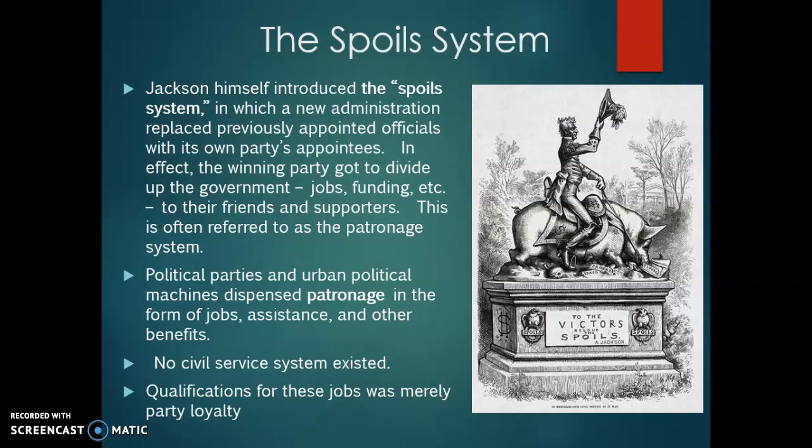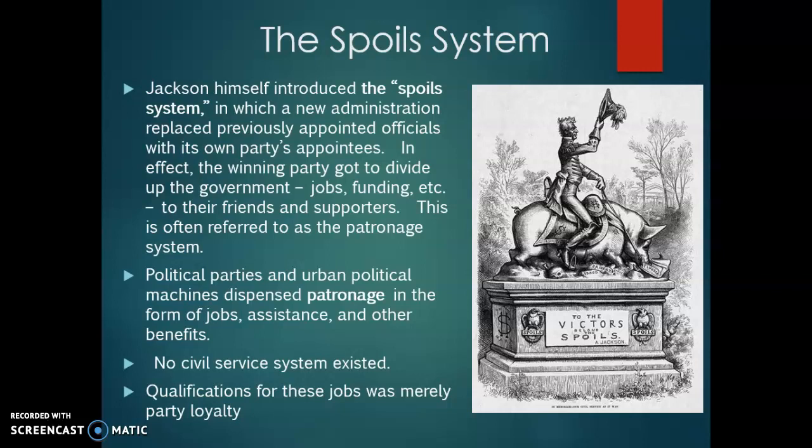So the spoils system was the concept. This is well before any civil service existed, a system the way we have it today, where it's supposed to be based on merit, there are exams to get into it, that sort of thing. At this point, and it's going to continue for a while in American history, the spoils system allowed new administrations to come in and put in its own appointees and even just bureaucrats. Essentially, the idea was if you won the government, the spoils, the jobs, were yours to give out.